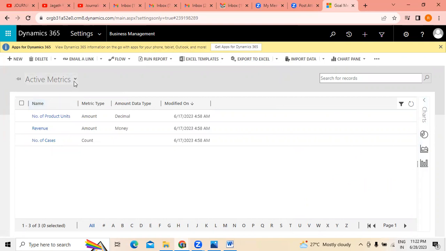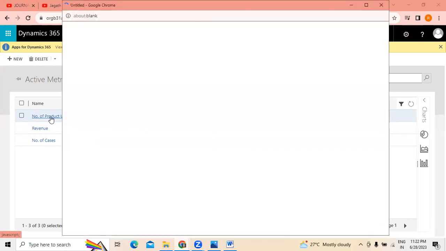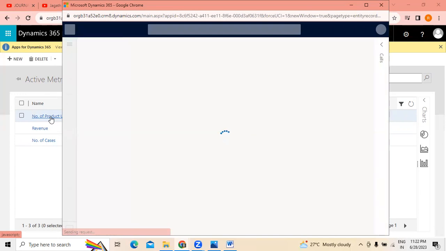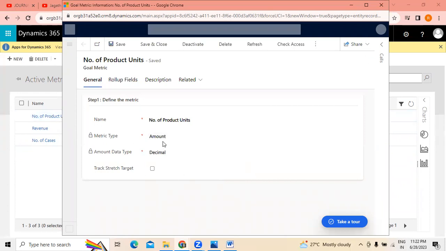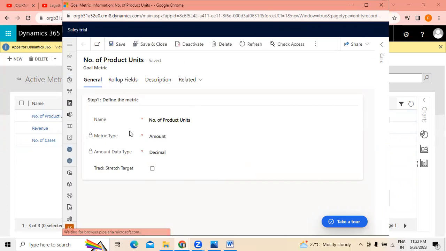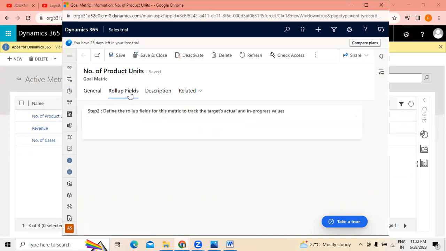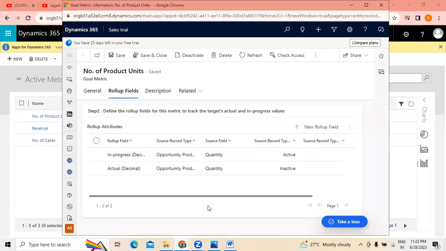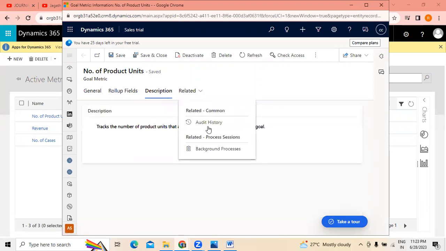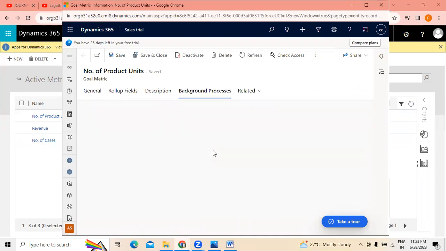Whenever we are creating metrics, there are already metrics which were created earlier. Number of production units and so on: there are existing active metrics that were already created, with amount type, and everything was updated already. If there is any description to be written for the existing ones, we can write down the description here. Followed by this, if you want to see any kind of background process information,